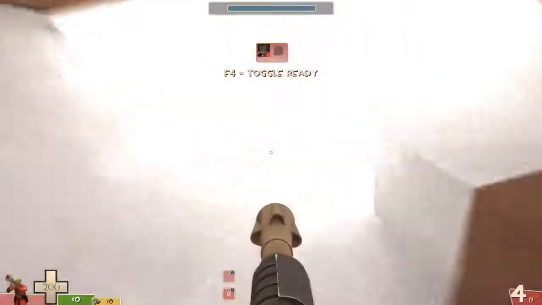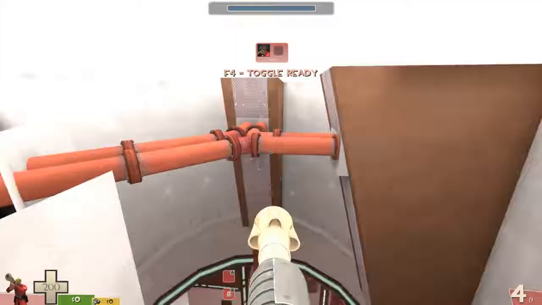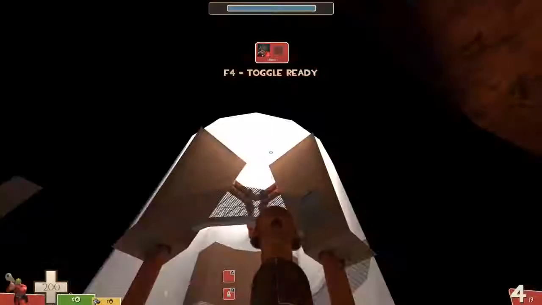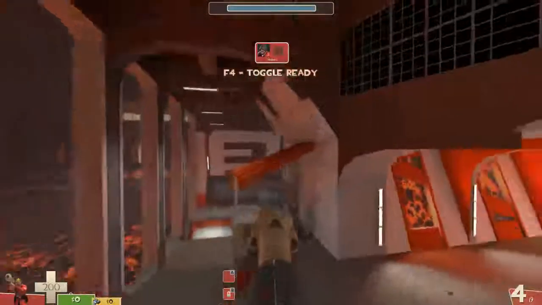Is that just like HDR? Why is it so bright? Or is it just like a really bright light? I guess it's just a really bright light. Oh, you probably have like the glowing texture. Ooh, that looked kind of cool. That single frame of seeing that. Okay, let me actually talk about...